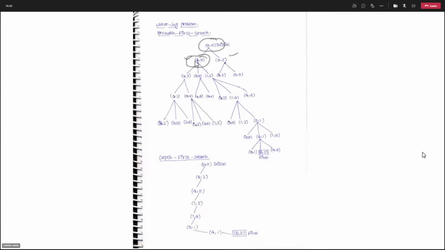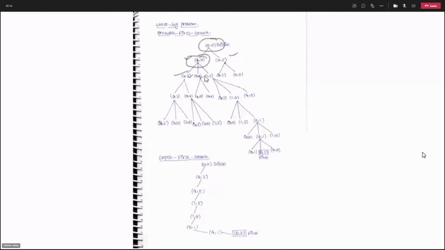One gives 4, 3, that is rule number 2. The second gives 0, 0, that is rule number 5, and the next one gives 1, 3. So three rules are applicable on this state 4, 0. Apply each and every rule and generate these three states.